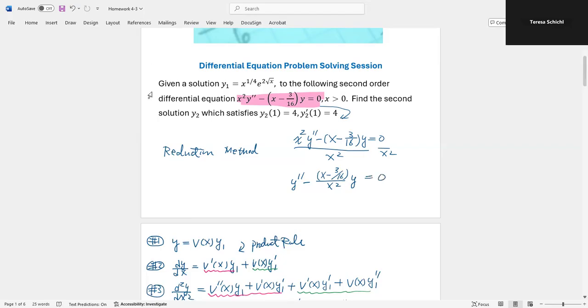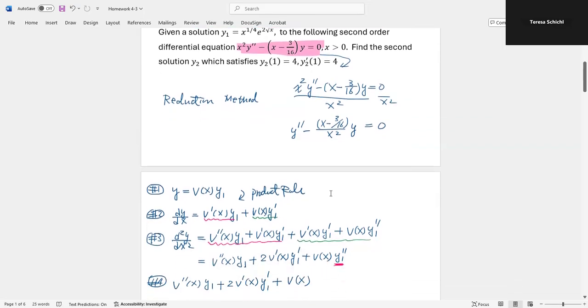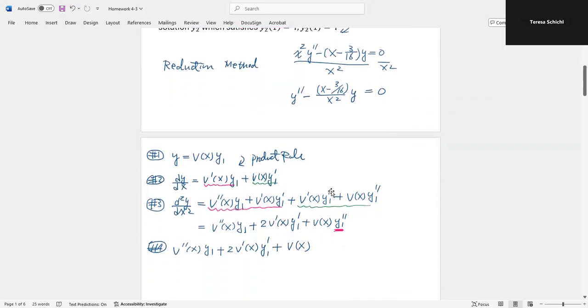Now, because y1 is a solution, here I just use v(x) times these terms. So here I bring this one down, so v(x) times y1 double prime minus